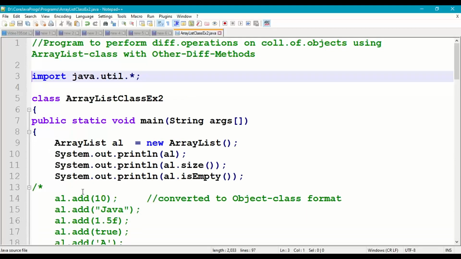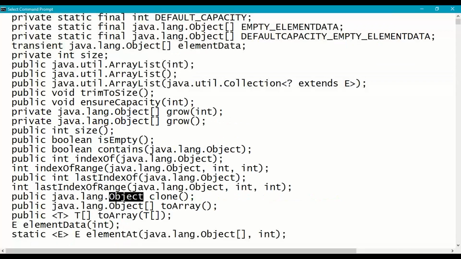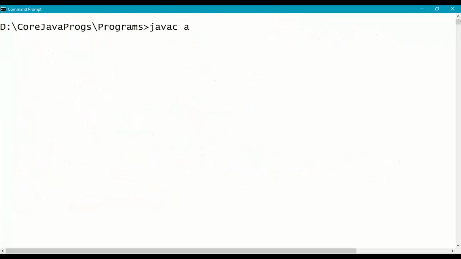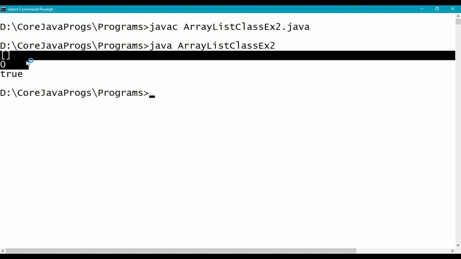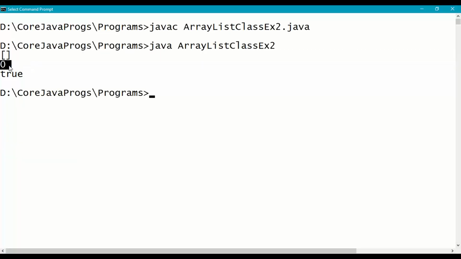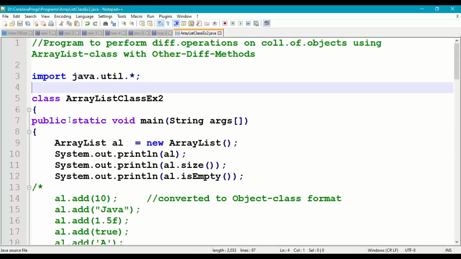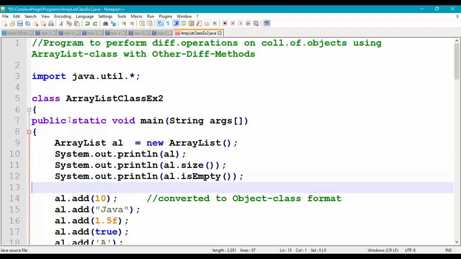First save this, go to the command prompt and your working directory, and then compile ArrayListClassExample2.java. Compile this, no error, and run it. Initially we don't have any elements in the array list, the initial size is 0, isEmpty is true. Next, we'll add some elements into the array list,